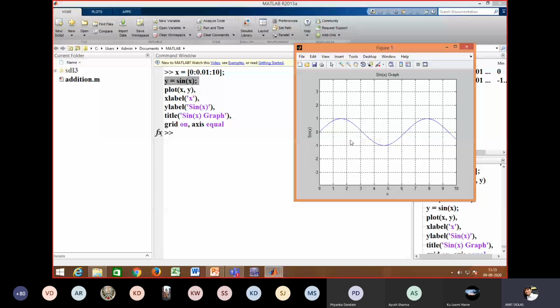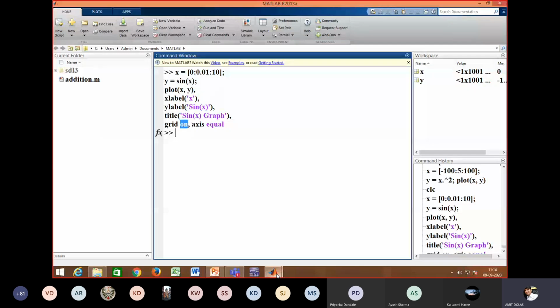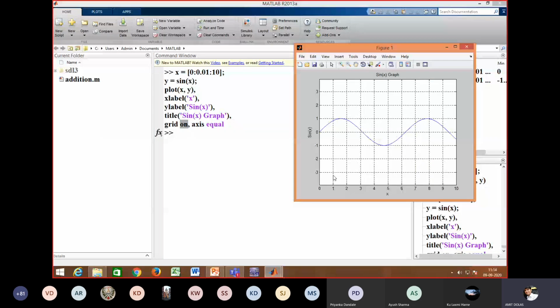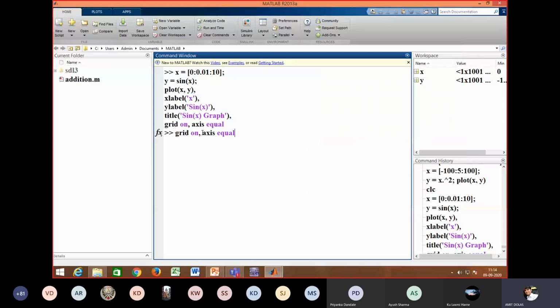Then the x label: you can see the x-axis has the x label on the figure. Then the y label is sine of x. You can see on the y-axis sine of x is written. The title of the graph is sine x graph, so you can see on top of the graph sine x is shown. And grid on is the function, that's why you see the grid. The graphs we saw before were a plain white portion. So here, square boxes are generated due to grid on. If you remove this grid on function,